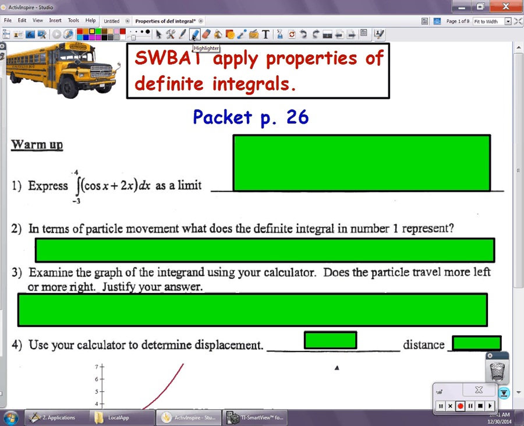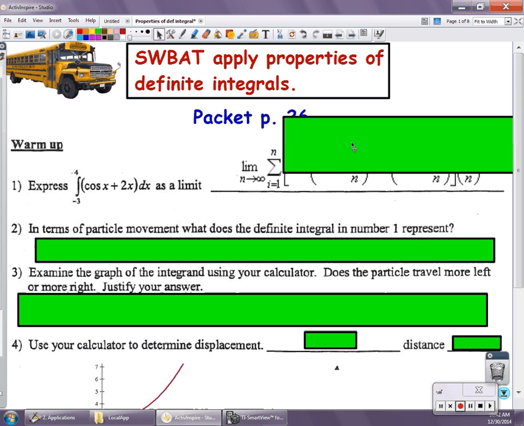In the warm-up, we have a function, and we have been instructed to evaluate a definite integral. Actually, I take that back. We've been asked to write that definite integral as a limit, which is something that we recently learned in our class. So if you take a look at the answer here,